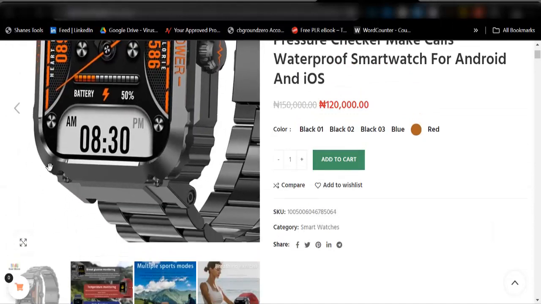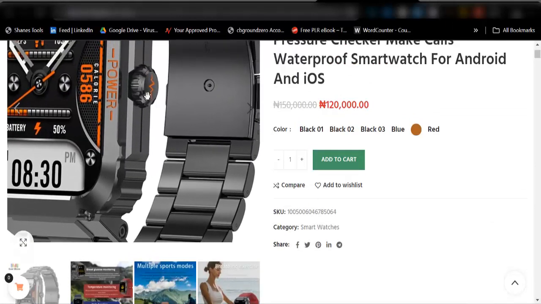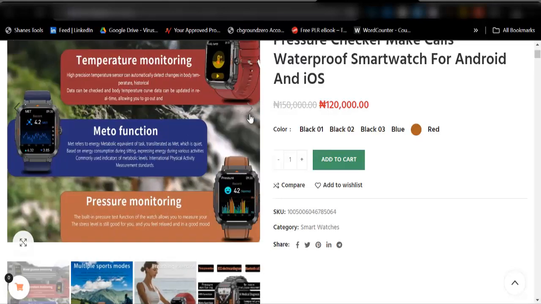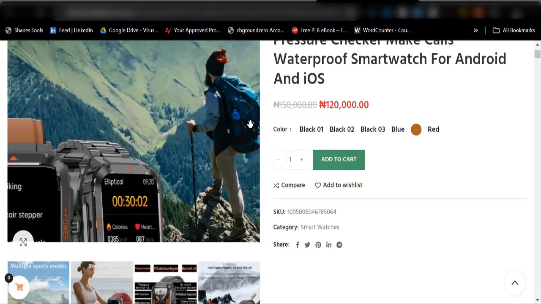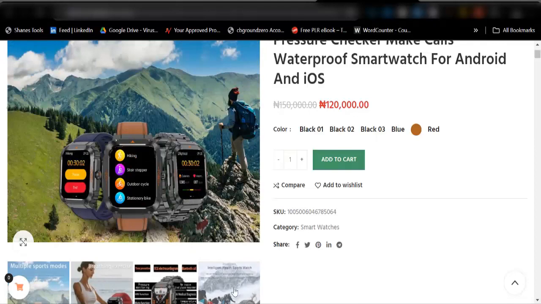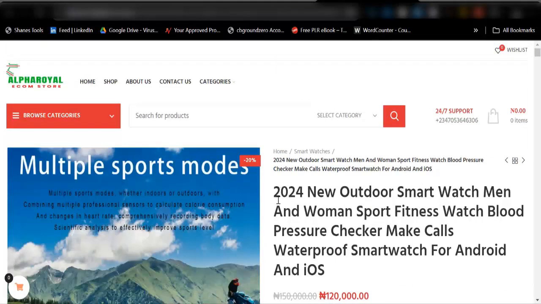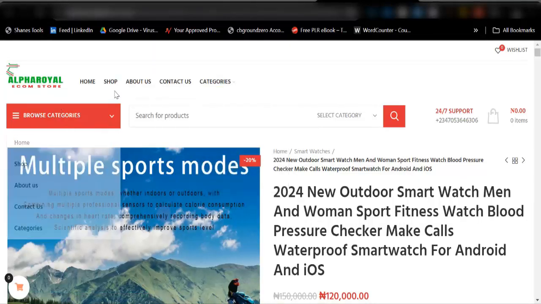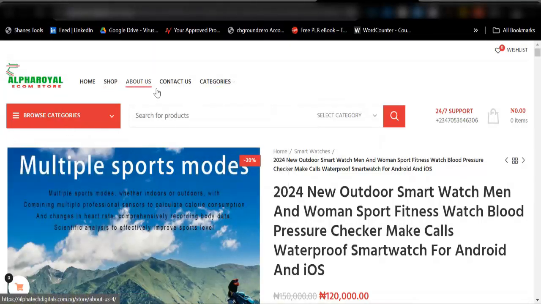You can process. As you move around it, it shows you how this particular wristwatch looks, and you can also click on this to see the different types. It also has different categories. You have the accessories, children, couple, female, and if you click on the shop now, it will take you